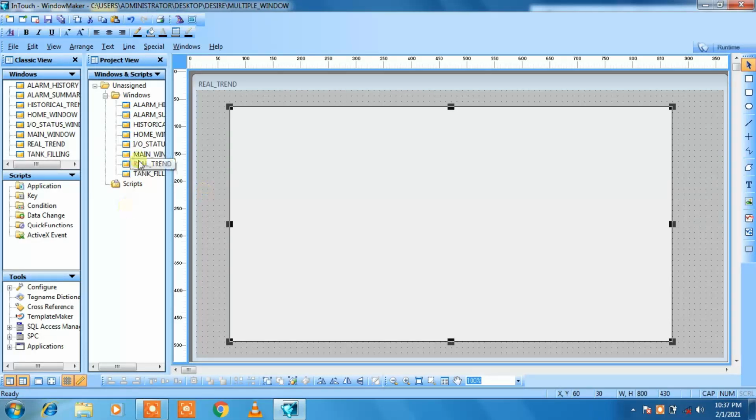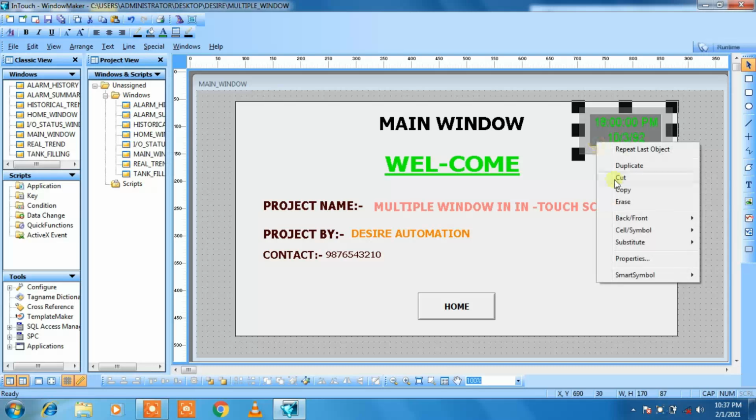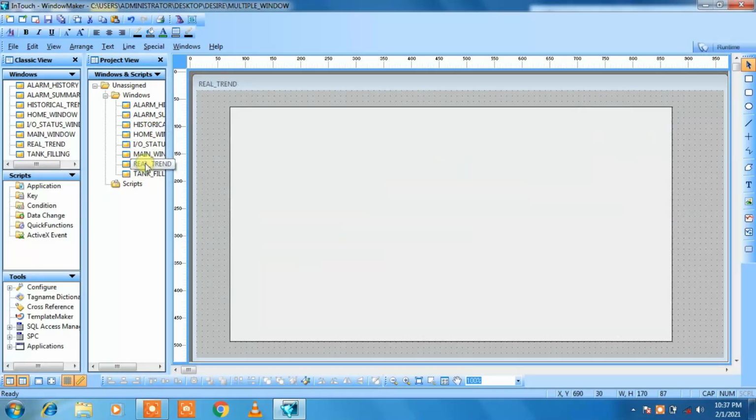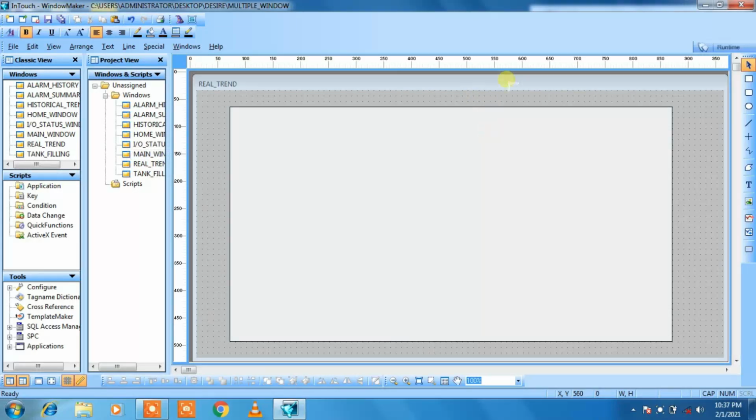Now I want the clock. I will take it from the previous window, go to the real trend, and just paste it. Click on screen and arrange it at your location.